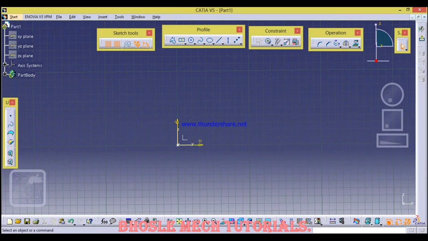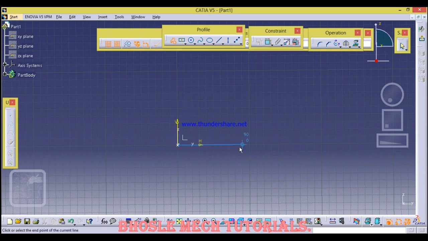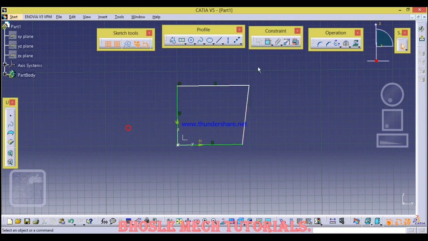That's it. Now let us move towards the constraints. This is the constraints. As I told in my last video, this is a constraint. This is a profile. If you use this constraint, just click on this, and here it will show your dimensions like this. If I have to make this a vertical constraint, I just have to right click on this.